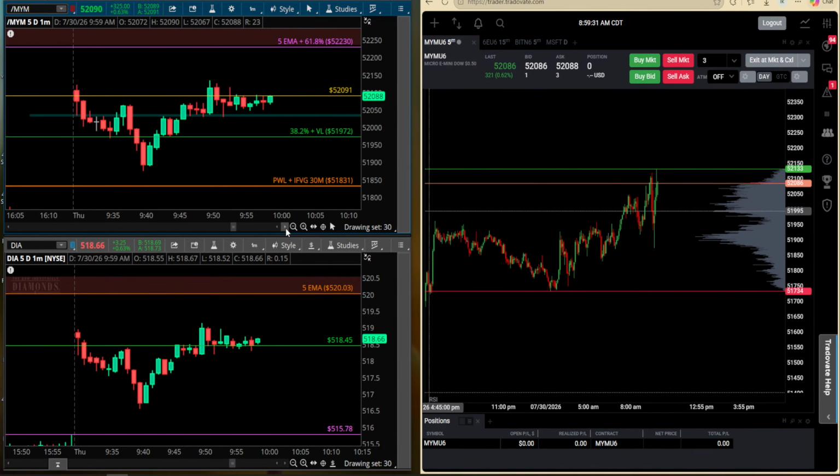But how long this long move can sustain, we don't know, but the structure is pretty good structure for a long momentum. So you see, as we are speaking, we are getting the first candle close above that 52,100. So we got our first candle close above that. So this is definitely